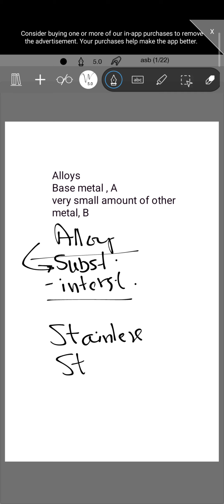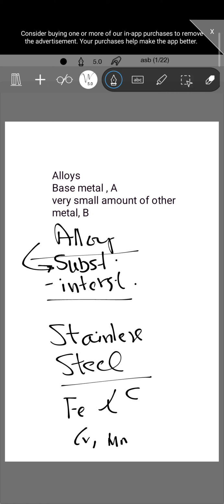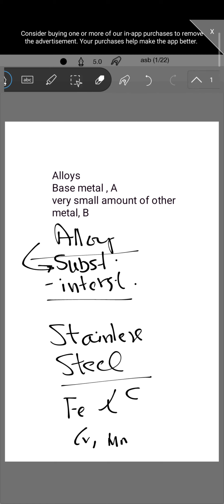Stainless steel is an alloy where the base metal is iron, and it has been alloyed with carbon plus some other elements like chromium, manganese, etc. to give it a different texture and different properties. So this is a substitutional and interstitial alloy. Now these defects that we have discussed, they are mainly occurring in the case of